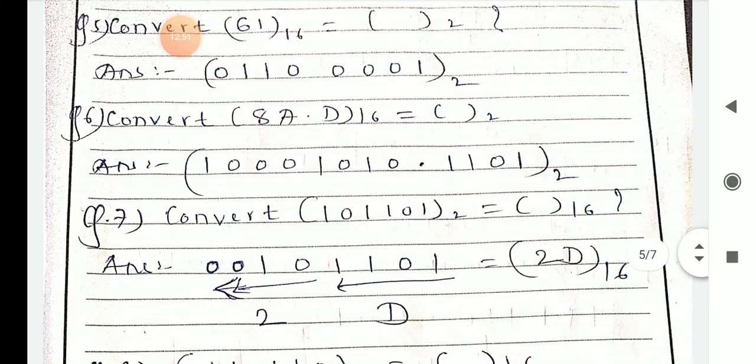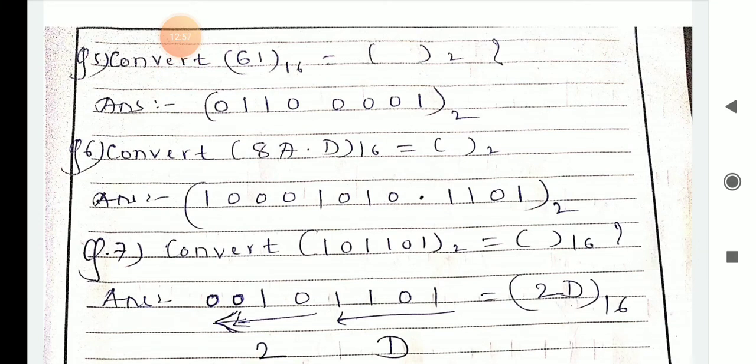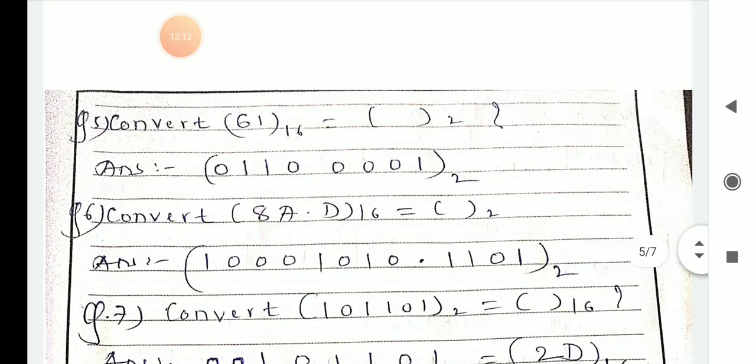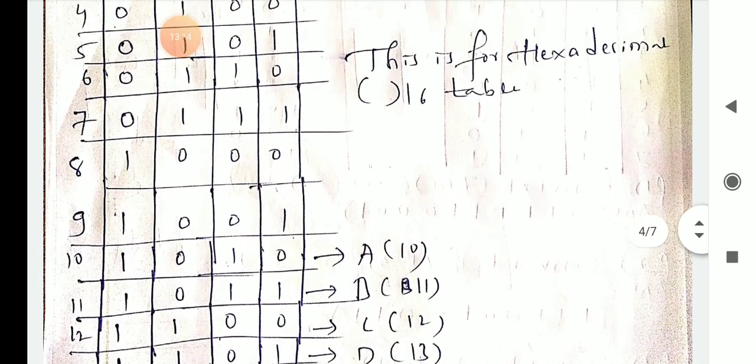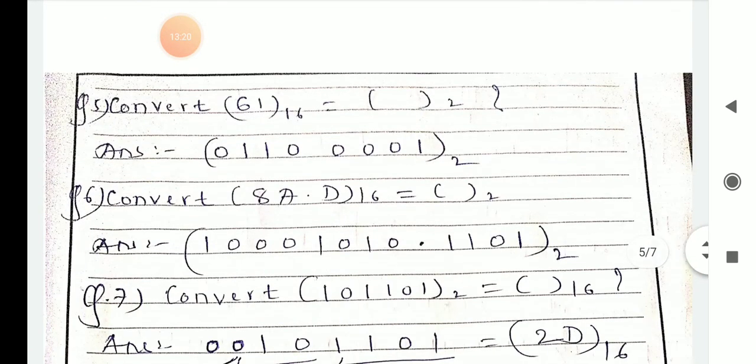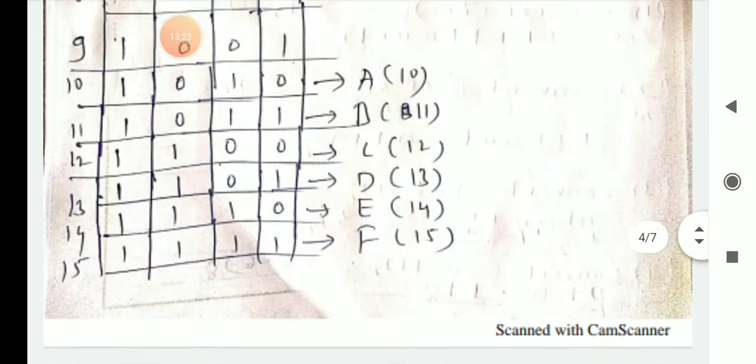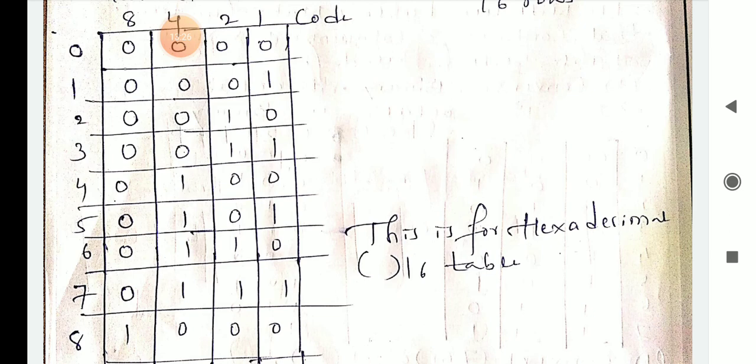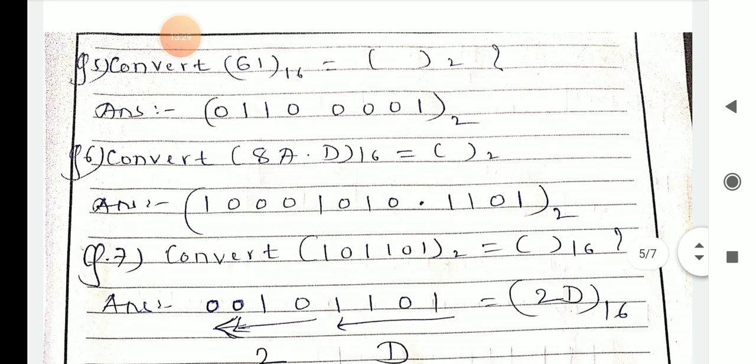First we will learn some problems again here. Convert hexadecimal into binary, that is 61, a hexadecimal number, you can see. Okay, so how are you going to convert that one? First look at that table. So 61, the first digit is 6. So go to the table, where is the 6? The number 6 is 0110. You can write that one, 0110. After that, 1 is there, you can go to the table. Where is the 1? Okay, so 0001. You can write that one, 0001. So this is the answer: conversion of 61 hexadecimal into binary.